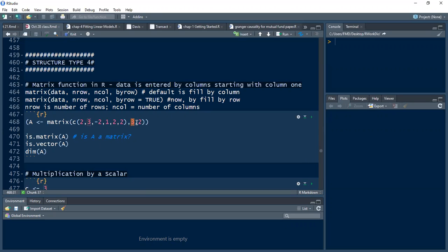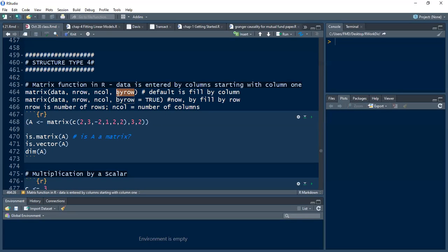The 3 here, guys, represents the number of columns. And 2 here represents the number of rows. So we're asking R to create a matrix that has 3 rows and 2 columns. And how will the data be inputted? It will be inputted by columns. How do I know? The default is R will input the data via columns, because you did not define it